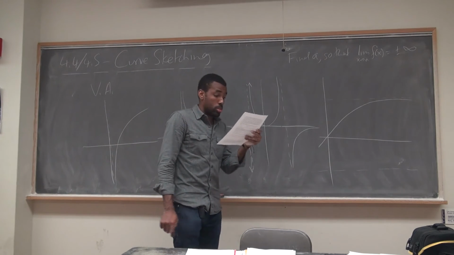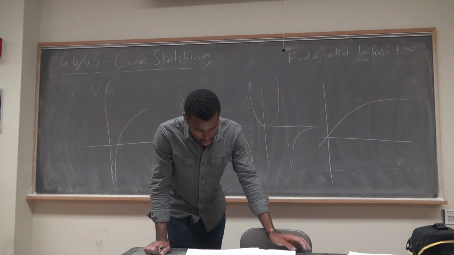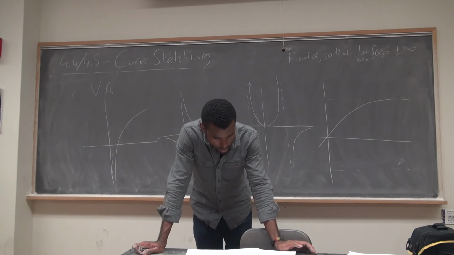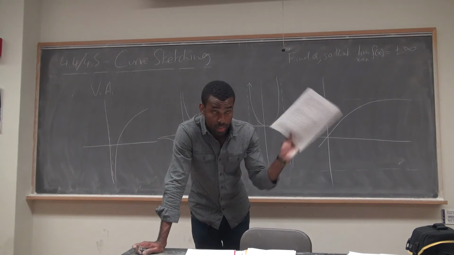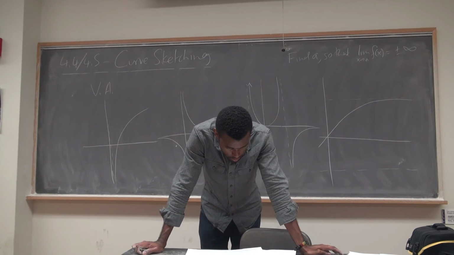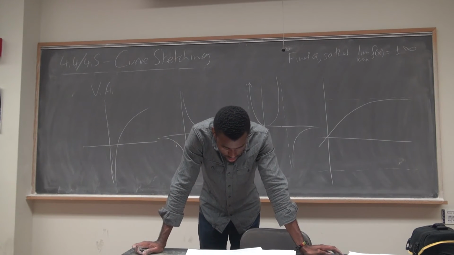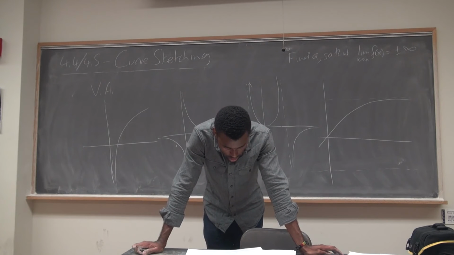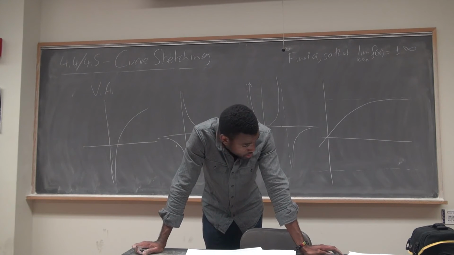Yeah, so that's asymptotes. It's basically limits at infinity and infinite limits. And we have a bunch of examples to go through, so by the time we're done with this, you'll be very familiar with this. For us to find where your function is increasing and decreasing, right? Find the local maximums and minimums if they exist, right?